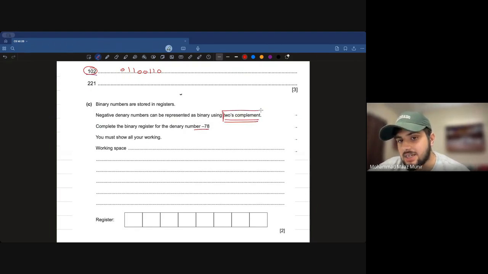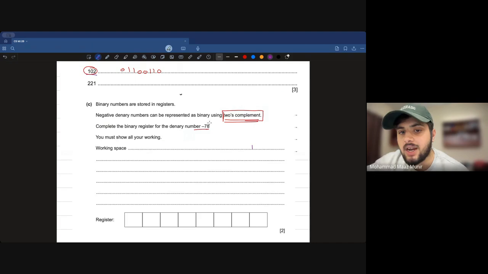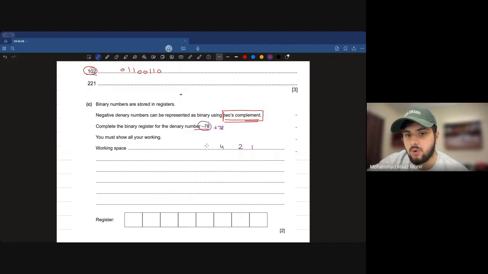They clearly stated it up here, two's complement. So how do you go with two's complement? The method behind this is that you're going to be writing the binary for positive 78 first. So let's do that. 1, 2, 4, 8, 16, 32, 64, 128. And let's write the binary for positive 78, which would be 0, 1, 0,